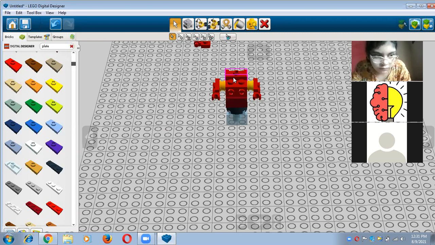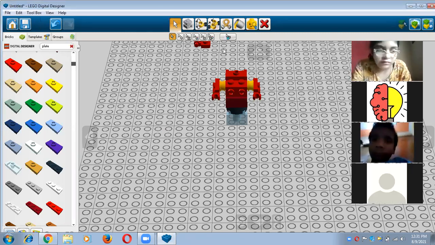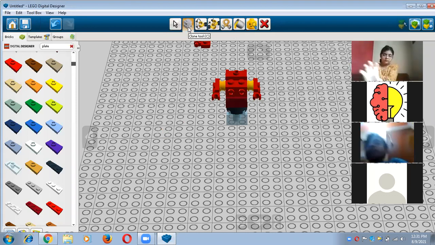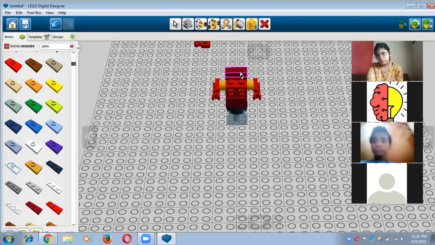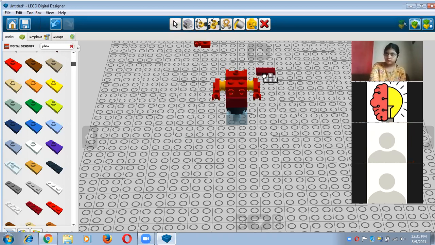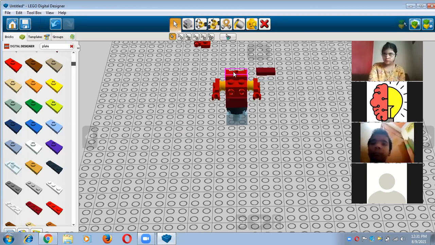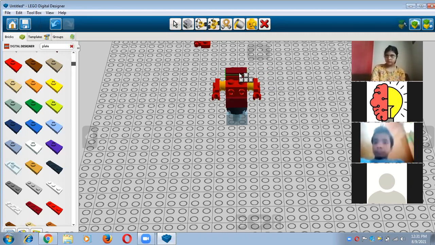And in next step, we need one flat file, and no need to find out again. I'm just taking by the help of clone tool, right? I can easily take it from here with the help of clone tool. So just click on that, and after that you will put like this, correct? For hiding my rough structure. You can see I used this flat file because I can hide it here. So I'm just hiding this, right?